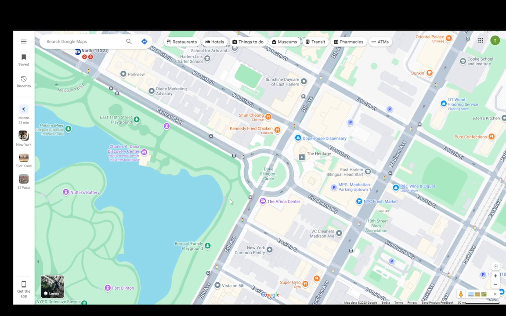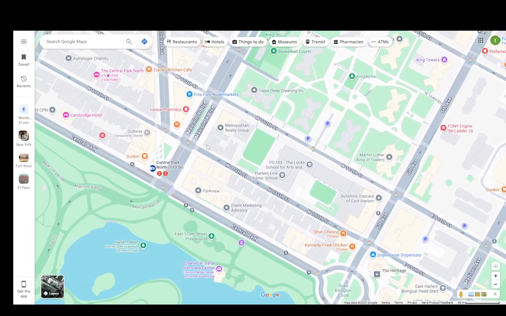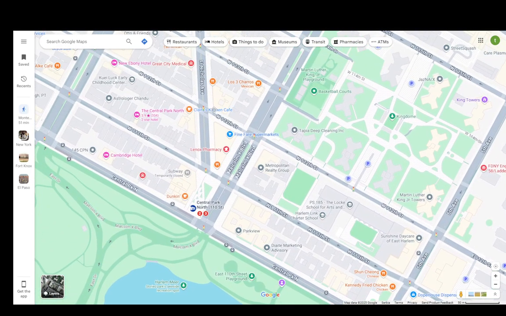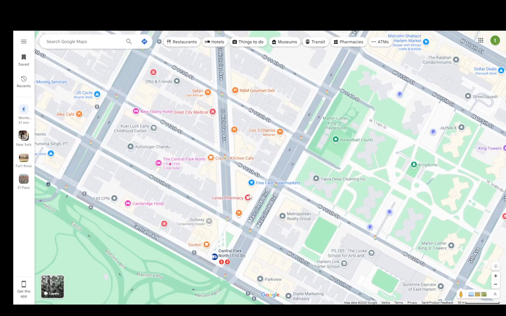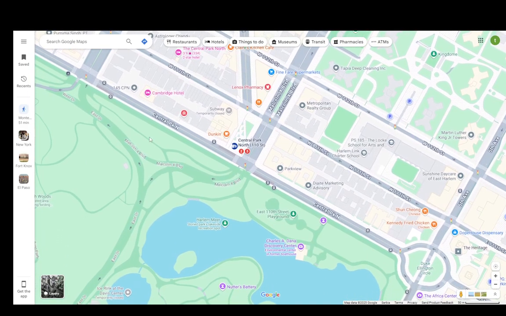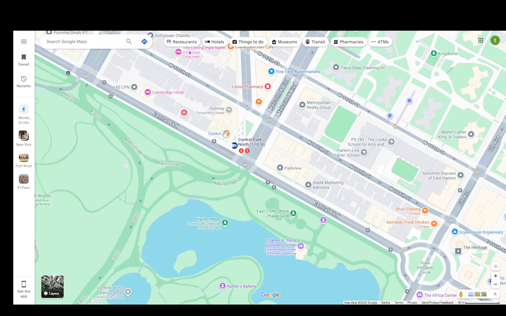In this video, I'll be explaining to you guys how you can remove Google Maps reviews, so let's get right into it. Now, if you're the owner of the business that is getting those reviews, I'm not sure if removing them is within the terms of service of Google Maps, and also I'm not sure if you can actually do it. I don't have any businesses, so I can't really vouch for it,